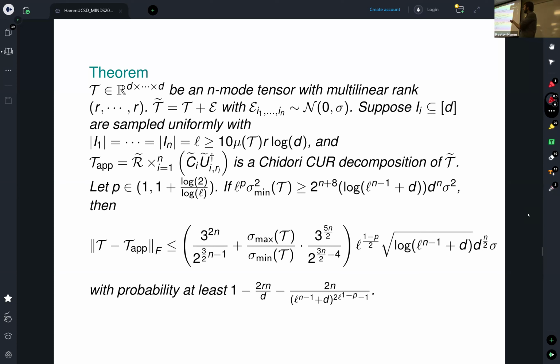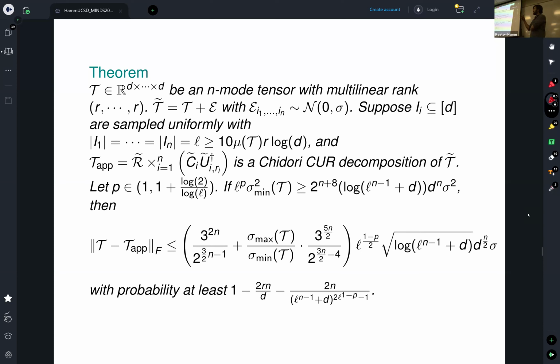So all the ranks are the same along any unfolding. Suppose my noise is IID Gaussian with standard deviation sigma. Then what this theorem says is, I want to understand what happens if I uniformly randomly sample indices along each mode and then do the CUR reconstruction. For simplicity, I'm going to do the Chidori CUR of my noisy data tensor, and what you find is that you need to sample